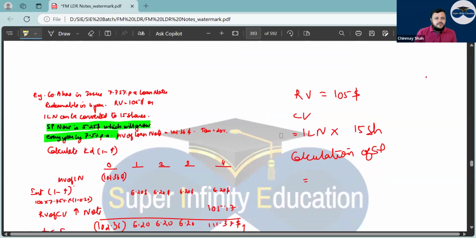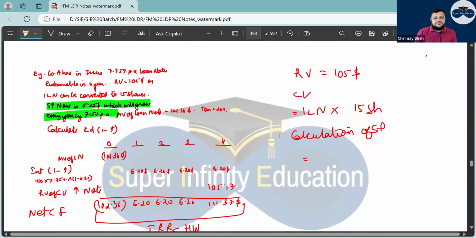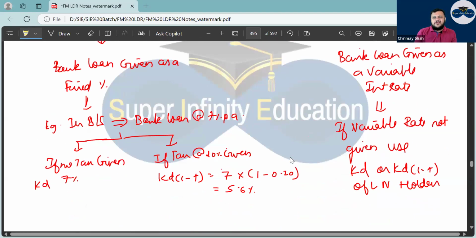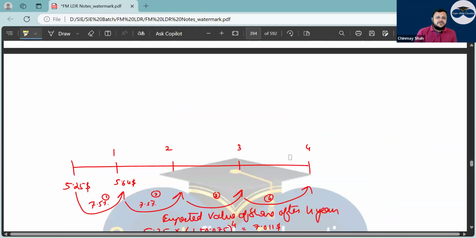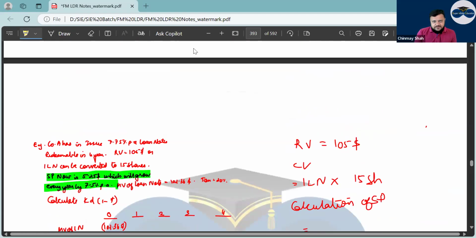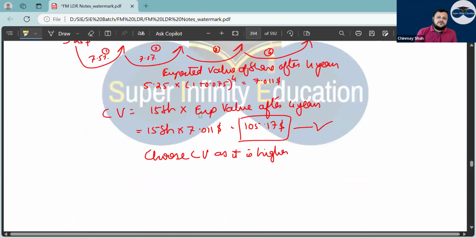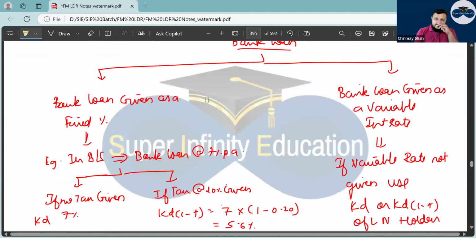Okay. Where to do what? Company issue. You can solve this question. No problem. Then bank loan is given in two ways. Sometimes the question comes up where today's share value is given, correct? And it is said that it will grow by 5% for the next 5 years, correct? So today's share value increases every year by 5%, and take it up to the date of what? Redemption. Then compare it with the redemption value. Whatever is higher, take it as your convertible or redemption value.